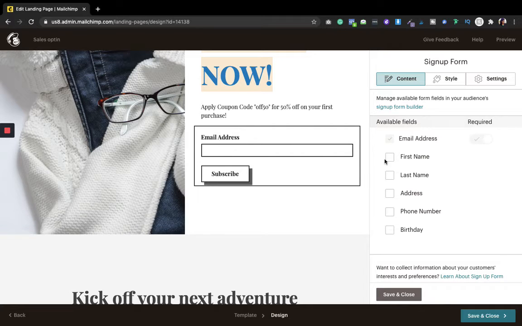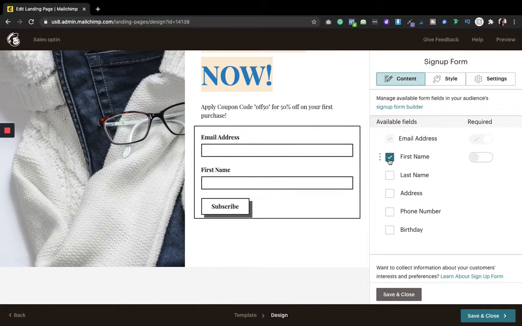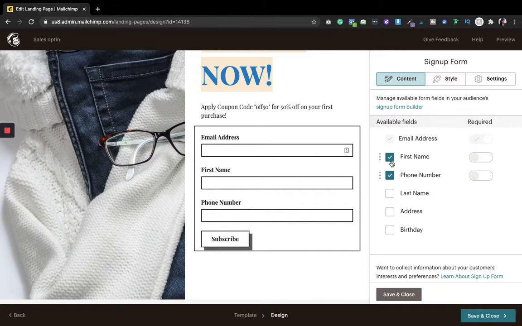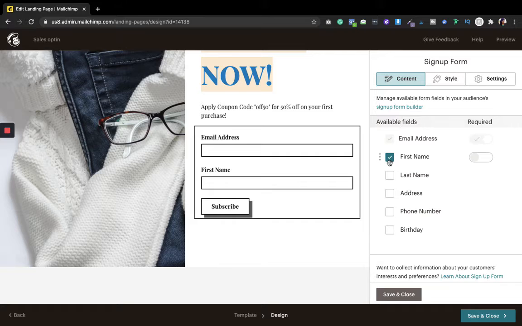Similarly, if you want to put in a first name, you can do that, and you can see I got the box for first name as well. If I want to keep it required, I will keep it required, and if I don't want to, I will just switch it off. It completely depends. Similarly, if you are selling something on the very first page and you want someone to enter their address or their phone number, you can do that as well, just by clicking over here. But I don't want to do that, and I just want to give you a quick tip.